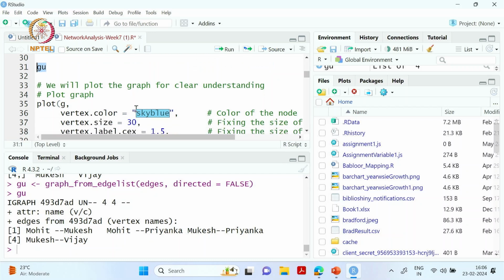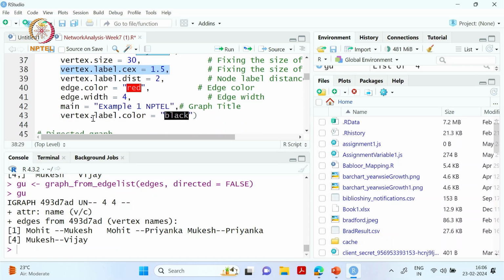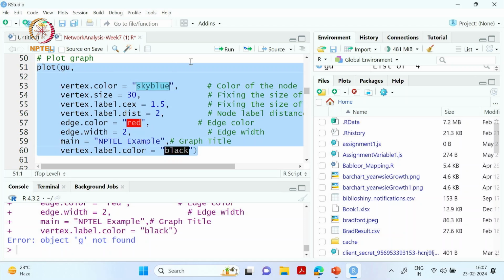For that we need to call the plot function, and here our object name is GU, and I am using the vertex color sky blue. The vertex size, meaning node size, I am putting to 30. This represents the size of the labels, then the label distance, then the edge color, and then the width of the edge. And I am putting the title of that graph, and then the vertex label color. So the node label color is black. Okay, so if I run this,